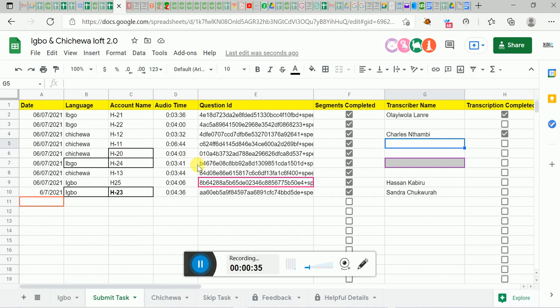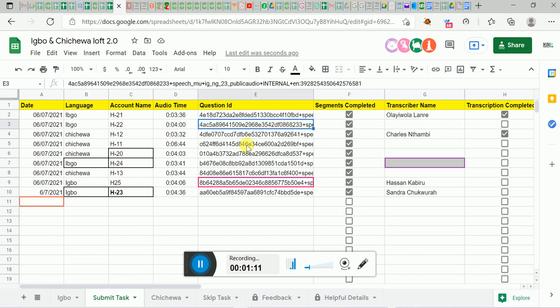So for example, if you want to take an ID for the transcription work, you just have to check the IDs from here. Like if I wanted to take this ID, because in this ID there is no transcription name, and also the transcription is not yet completed, so I am taking the second ID for the example.